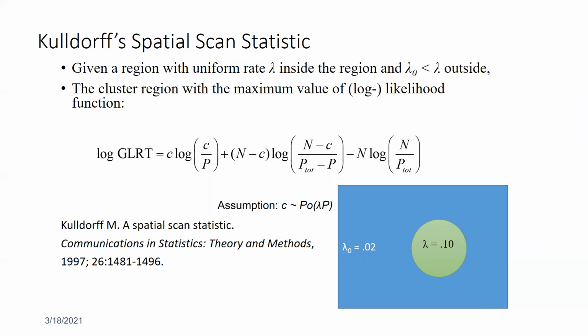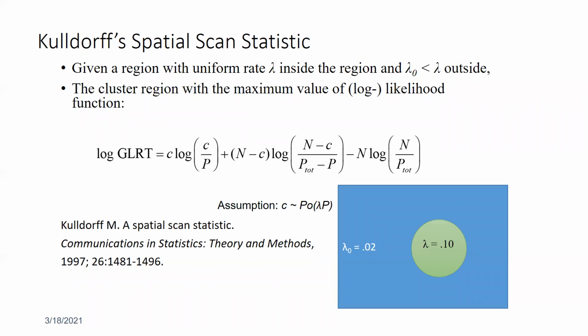Under the null hypothesis, the disease rate lambda is equal inside and outside of the study region. Now, under the alternative hypothesis, the lambda is higher inside of the region, which is inside of the moving window, than outside of the region. Given a region with uniform disease rate lambda inside of the region and also a uniform disease rate outside of the study region or moving window,